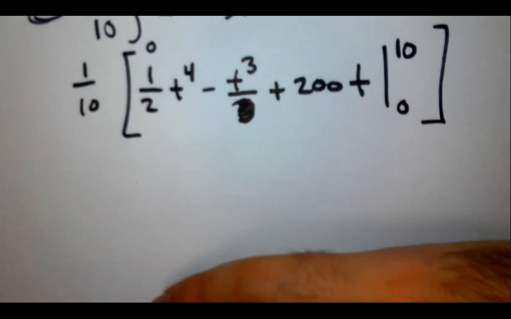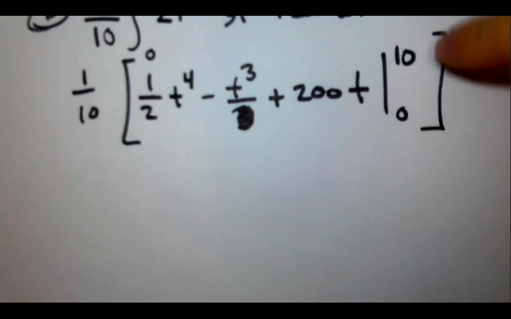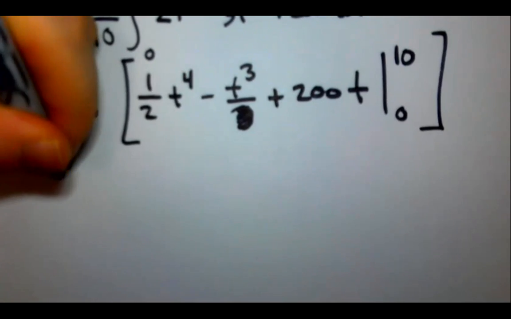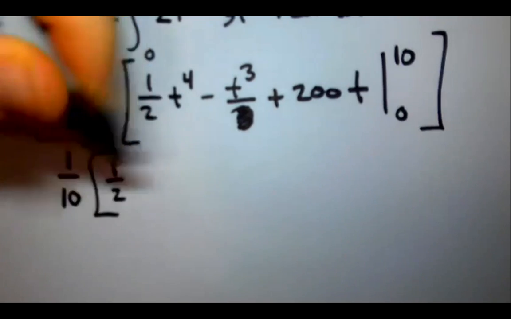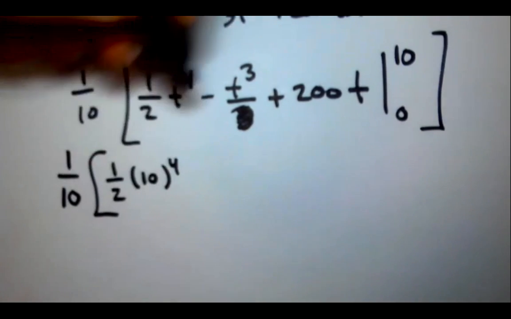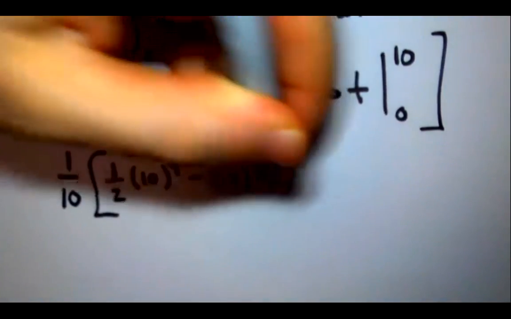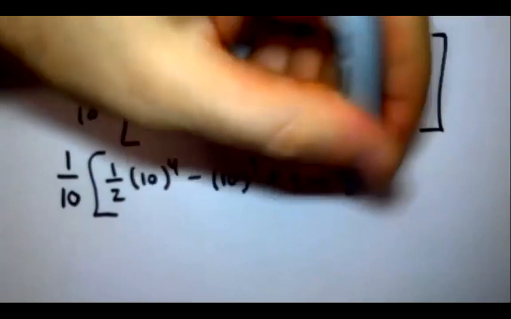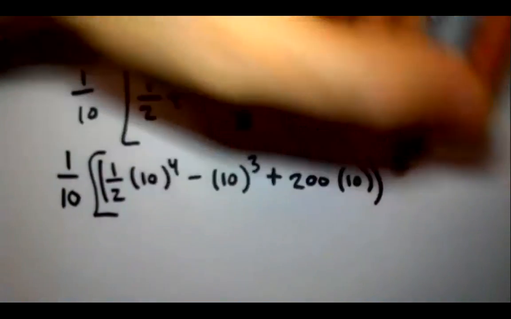Okay, next up. Now, something important to note, you can't leave this. When it's integration, you got to at least put the bounds in order for it to count as showing the math. So you can't leave it like this. We got to actually plug stuff in. So you can do this if you want. You can go 1/10 times that 10 to the 4th minus 10 to the 3rd plus 200 times 10. Let's put all of that in parentheses minus